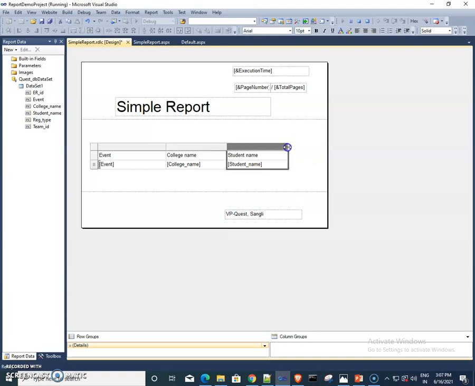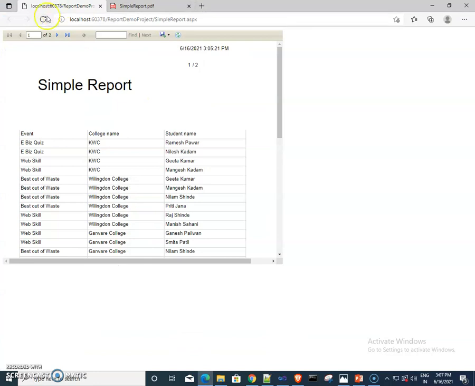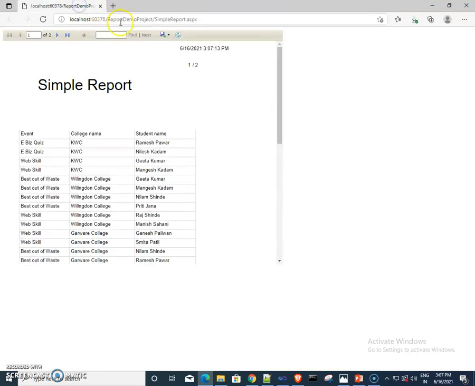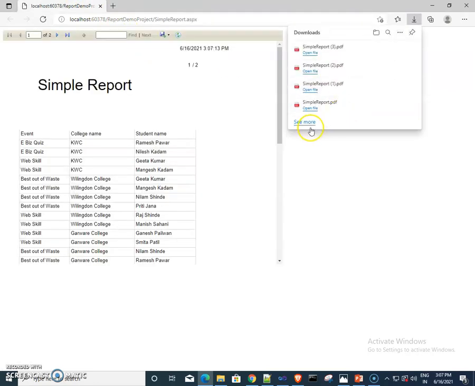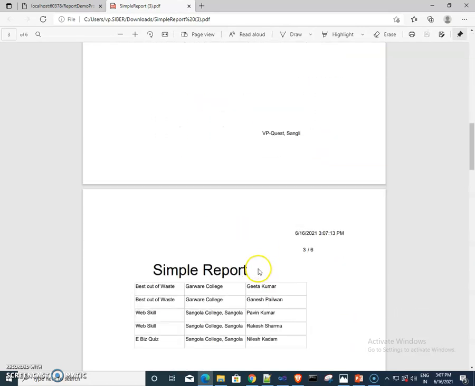So you can reduce your column width like this, and then again let's save it and see the result. And here if I create one PDF file once again and see what happens. So this is the correct one.